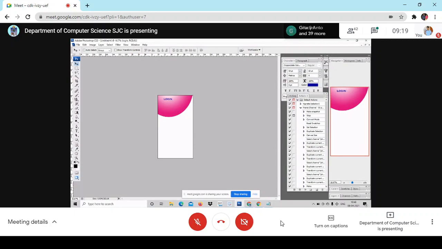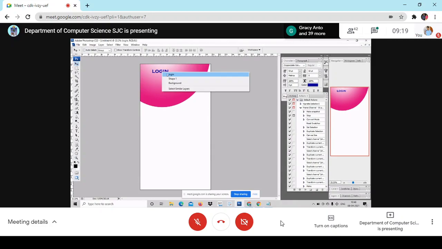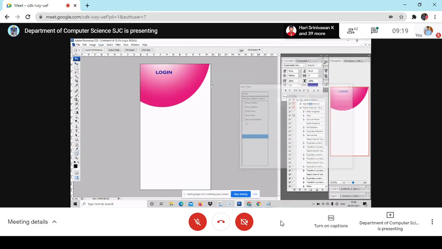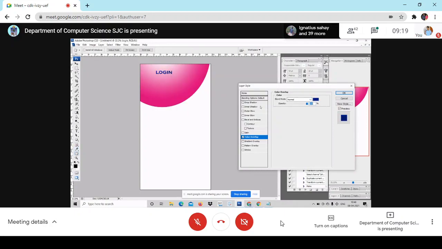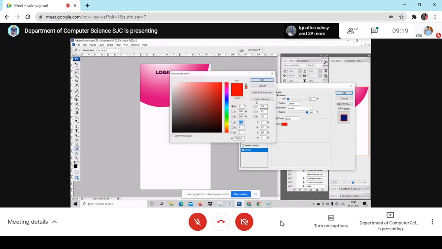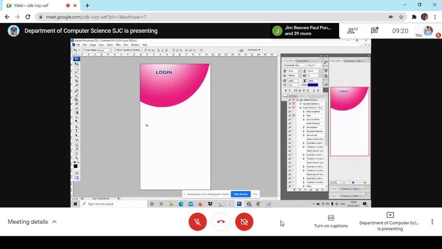Now, at the bottom, I have to give some nice color. Okay, I have given it. Now I want to go for user.